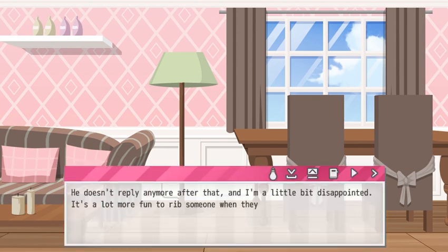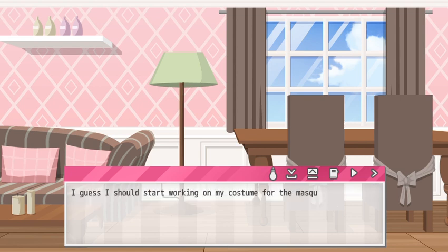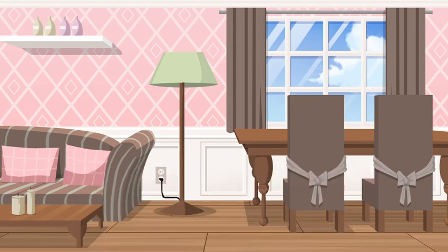He doesn't reply anymore after that, and I'm a little bit disappointed. It's a lot more fun to rib someone when they reply back to you. I guess I should start working on my costume for the masquerade ball. I can't wait. Are we making the costume by ourselves, or like...